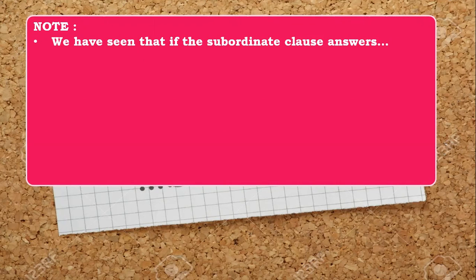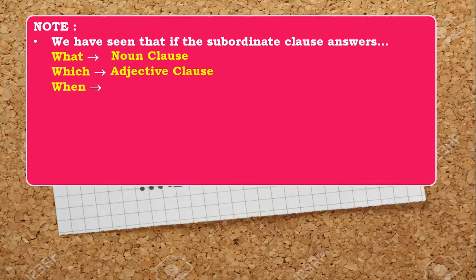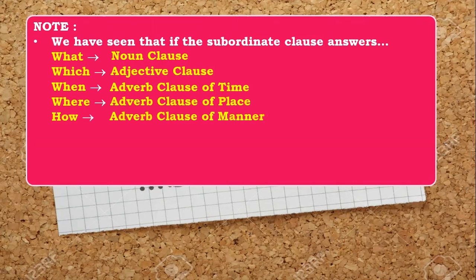We have seen that if the subordinate clause answers what, we know it is a noun clause. If it answers which, we get an adjective clause. And if it answers when, where, and how, we get the answer as adverb clause of time, place, manner, respectively. But